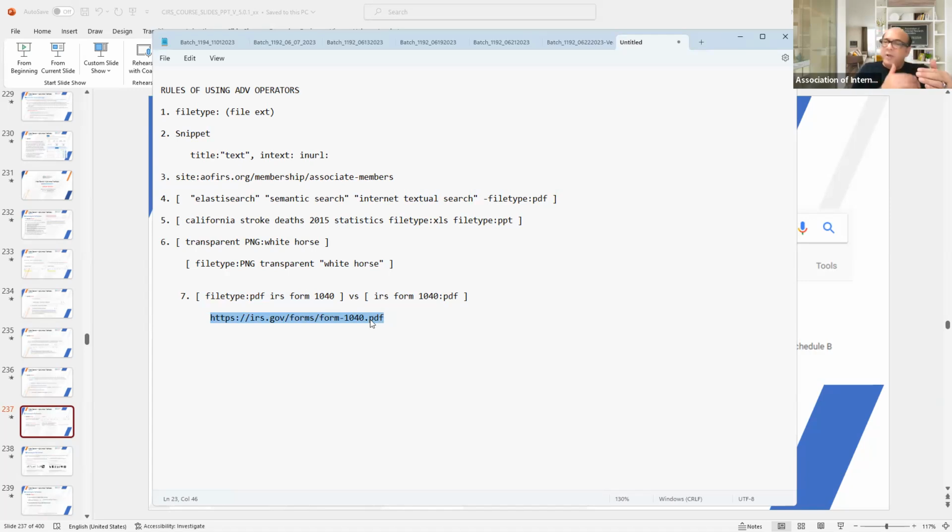That means at the time of indexing, this form 1040 was indexed as a PDF file. So originally it was a PDF file that was uploaded and placed on a server, which is visible through the web interface or HTTPS. Now that's the URL I'm getting to. But when I'm doing IRS form 1040,